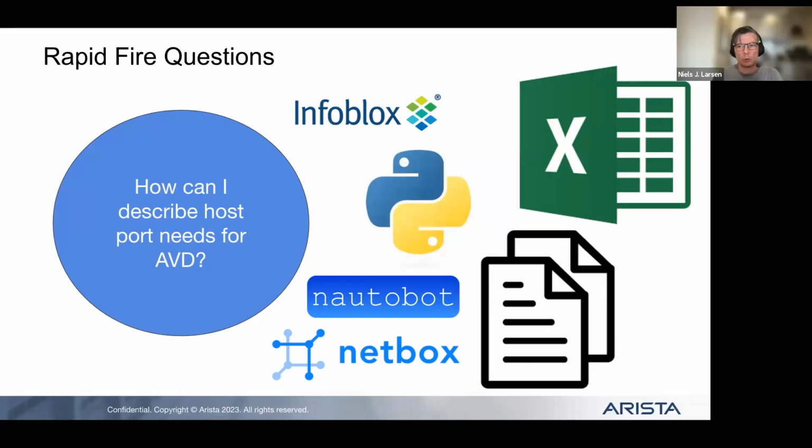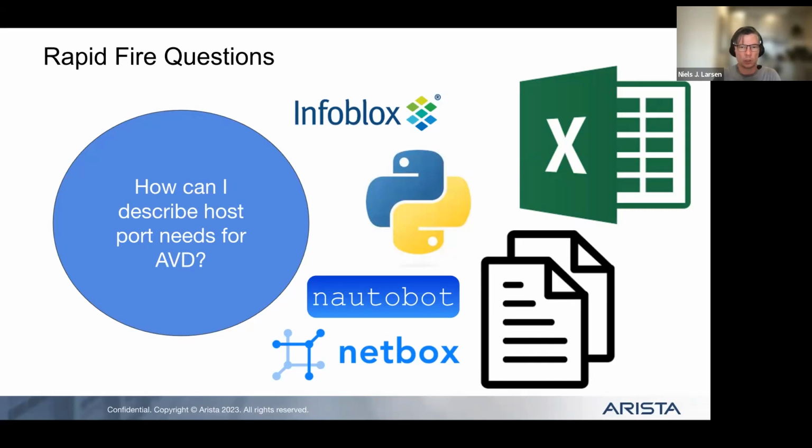Well, you can use almost anything depending on your requirements. As you said, in the example it was just a simple static YAML file. We have customers using Netbox, Autobot, Infoblox, Excel spreadsheets. And I know that Arista has helped develop integrations with some of these tools.